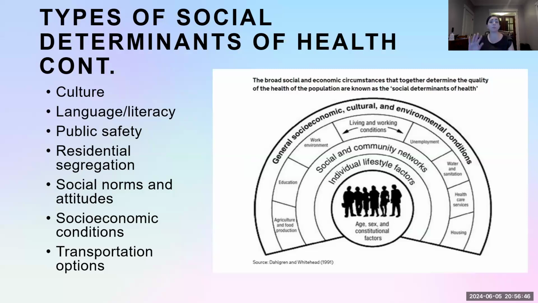We're also going to talk about a very broad definition of social determinants of health. This is a very old graphic. I love it. I've used it for over a decade. This is from one of the original social determinants of health frameworks and articles by Dahlgren and Whitehead in 1991, all about the idea that our behavior is influenced and our health by individual lifestyle factors and decisions we make, our own little universe, our social and community networks, and then more broadly by the general socioeconomic, cultural, and environmental conditions around us. And we'll talk about how that can come together. Things like transportation, residential segregation, which is still a problem in some communities, right?